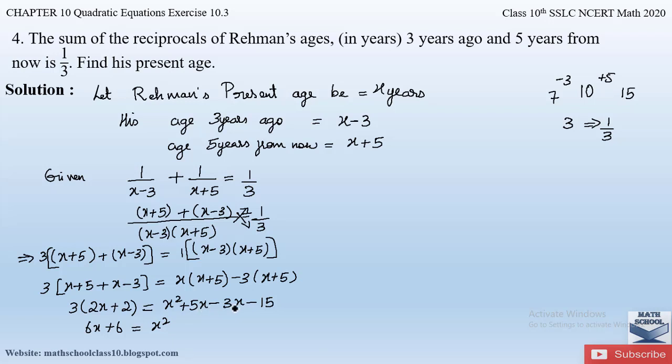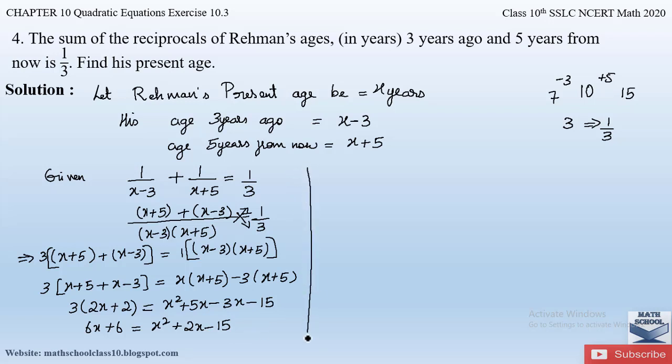So plus 5x and minus 3x will be, we have to subtract with the greater number's sign. So the greater number's sign is plus, so it is plus 2x minus 15. Okay, so now let us transfer this plus 6x and plus 6 to the right hand side, since we have to equate the whole term equal to 0 to obtain a standard form of a quadratic equation.